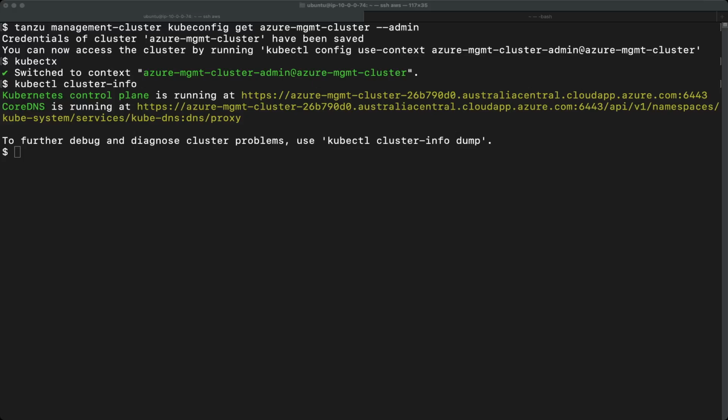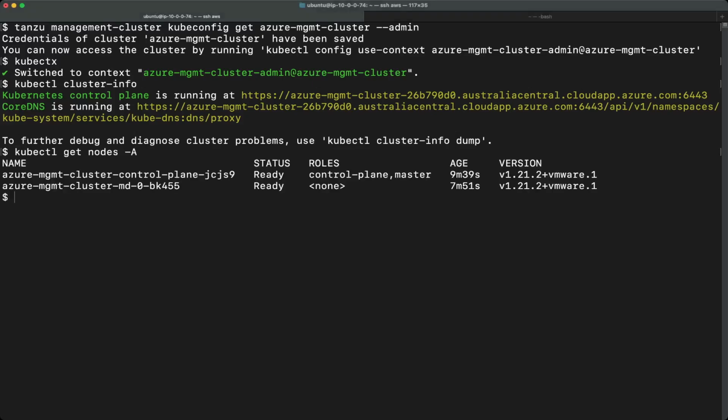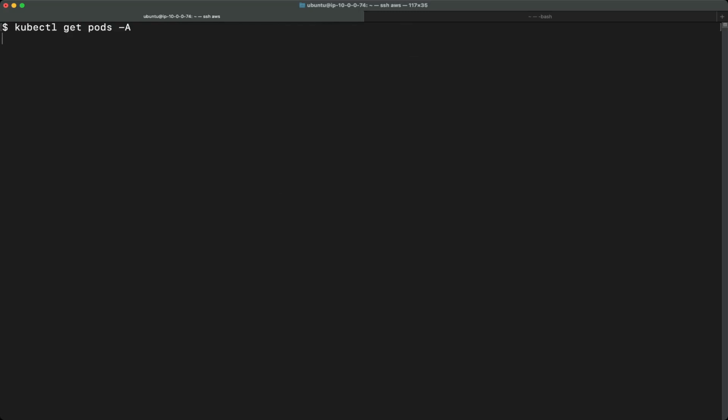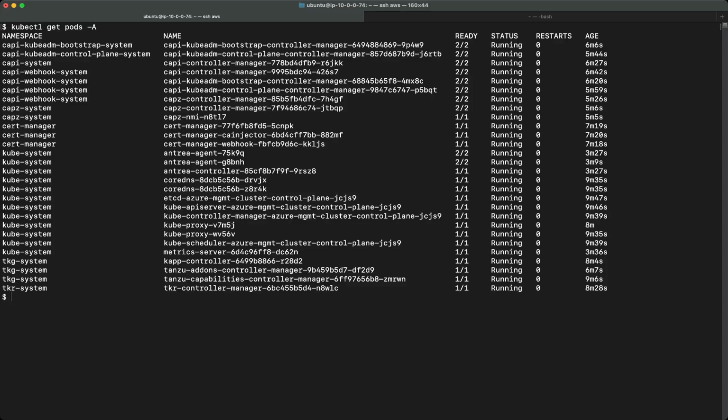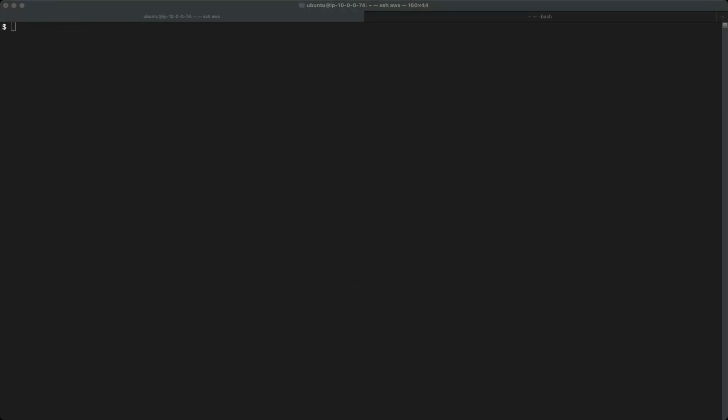You can see the nodes: there is one control plane node and one worker node, and the different pods in this. There are a lot of pods, and you can check anything that you want in your Kubernetes cluster, or run anything. So that is the management cluster.